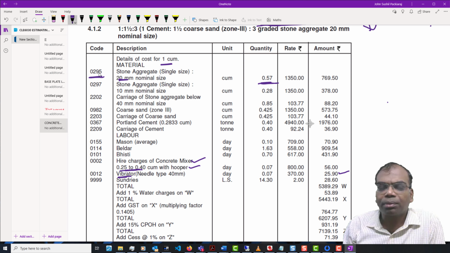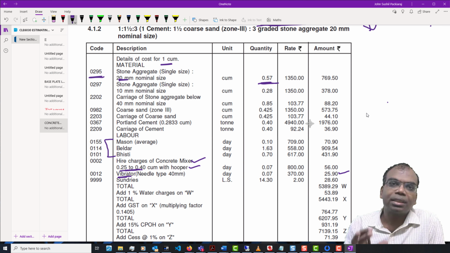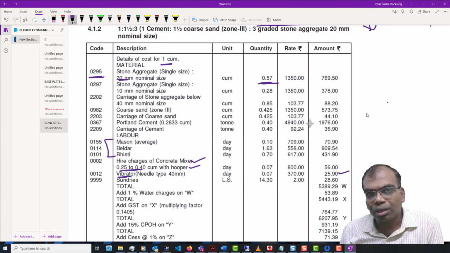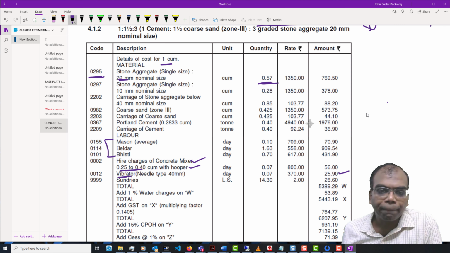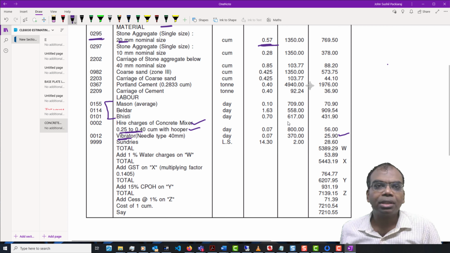So all the other assumptions like bulking, what is the moisture content in the sand, all of those things you are going to take into account. And if you remember, we were always saying that these productivity indices depend on the individual company. In this particular case, this is the estimate of CPWD, and these are also dependent on the technology which you adopt. So again, water charge and other things, these are all coming into the picture.